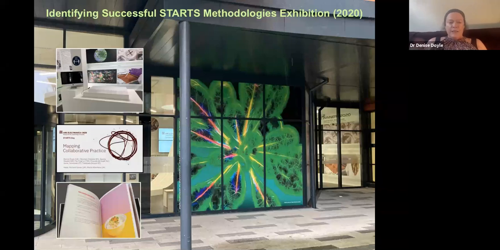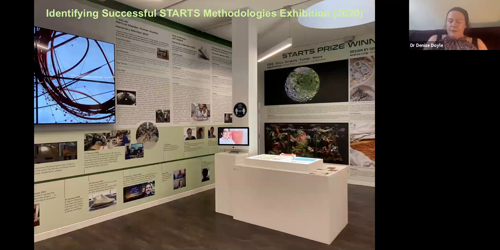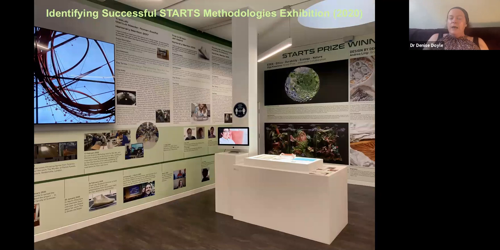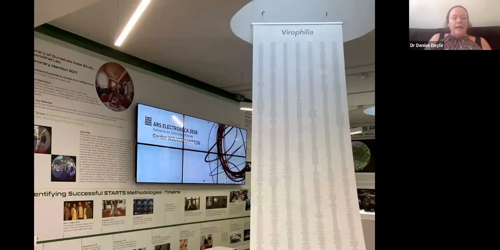So our exhibition, you'll see in a second, presents the project alongside some of the Starts projects themselves. Oh, I'll just go back. So this is, like I said, in the MS building, and I love this image of Olga Kiseleva. It's a huge image of part of the Eden project as well. In front, on the podiums, is the Future Flora project. On the left-hand side, you can see some of the case studies, and at the back are the Starts Prize winners. And you can see the timeline that we did for the project as well.